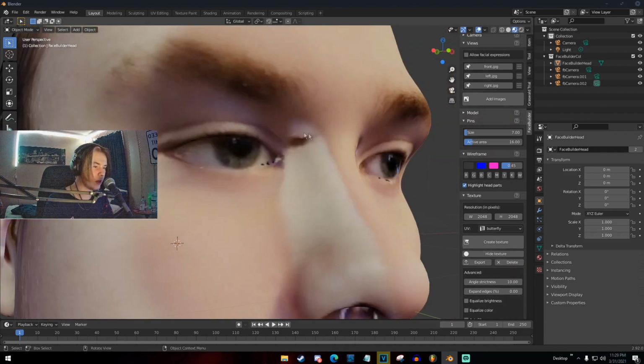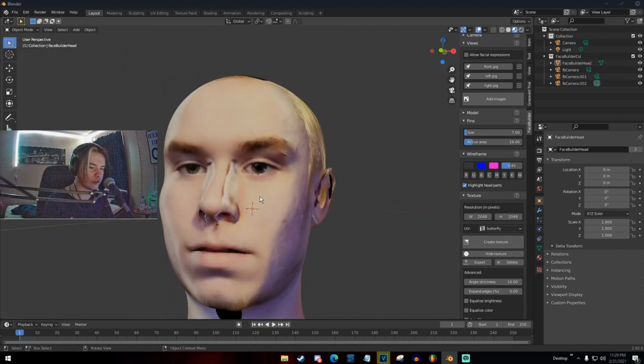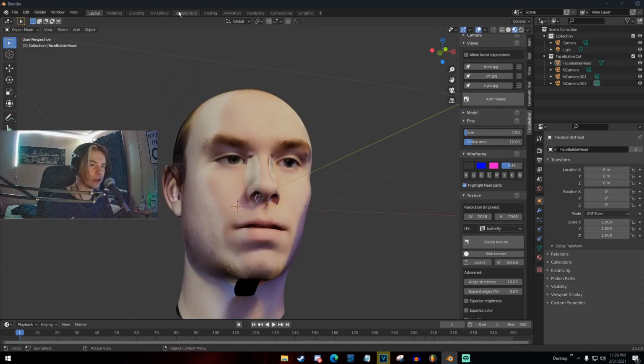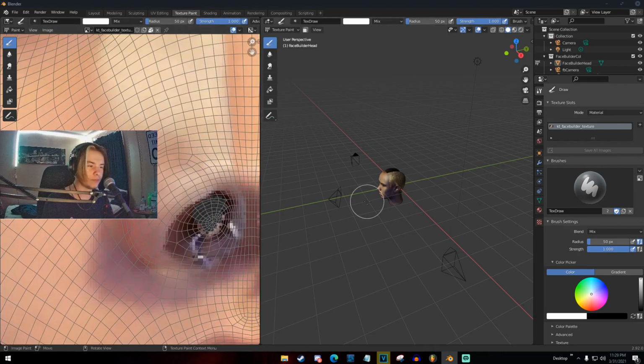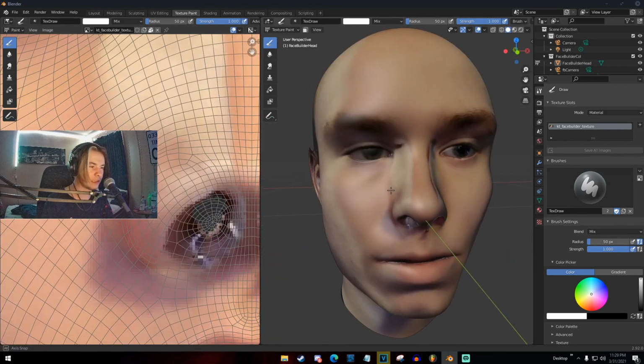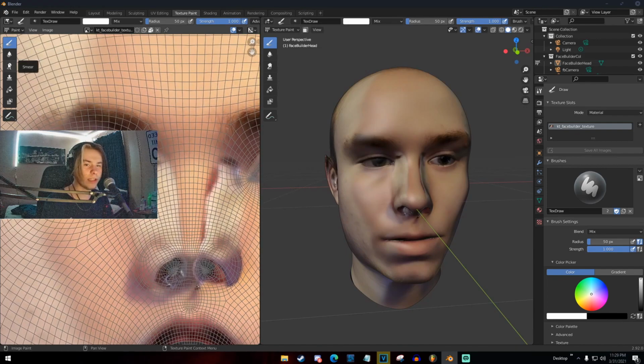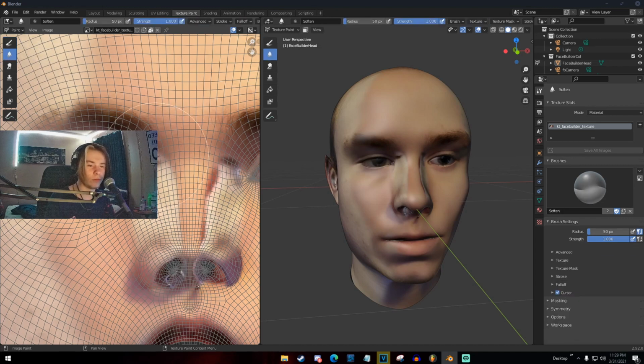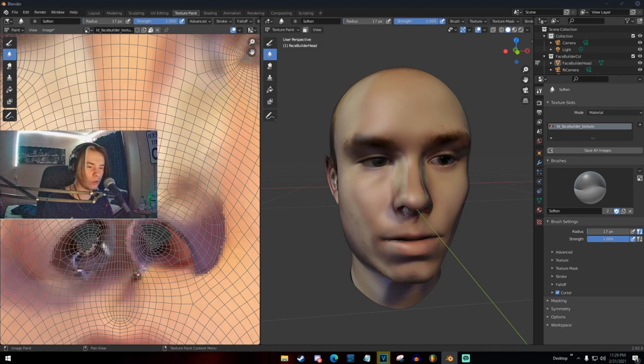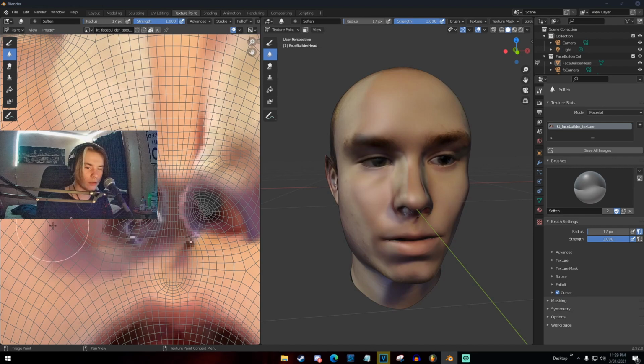There's a few little things right here, but I'm going to show you how to fix some of that real quick. Basically, if we go in the texture paint, we can see what parts are missing and stuff. So what I usually do is you could take this texture into Photoshop, use a healing brush, whatever, make the texture look a lot better. But for this, I'm just going to use the soften and smear brushes to just get rid of these dark spots right here. Get rid of these harsh little pixels and stuff right here, through here, through here, back through here,